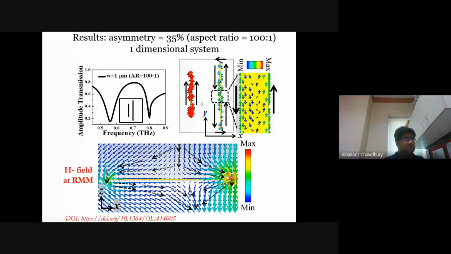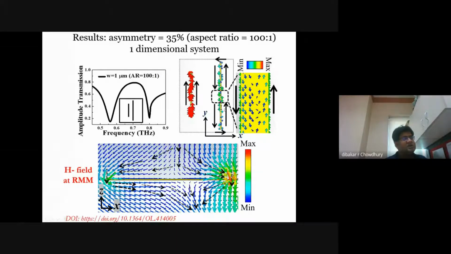That means, although the asymmetry is kept constant at 35%, asymmetry being the difference between these two lengths, we shrink this other dimension, and this length to width, we made it 100:1. So that if there is any confusion about the claim of a one-dimensional system, that we have settled here. With this 100:1 aspect ratio, in this right resonator mode,